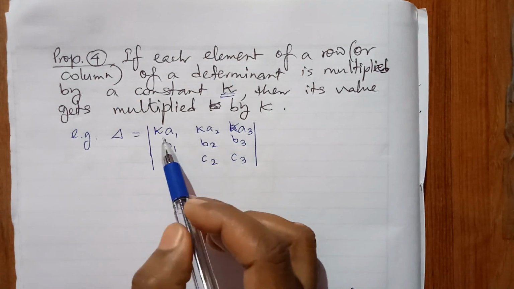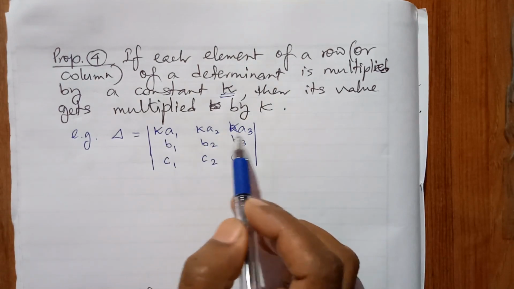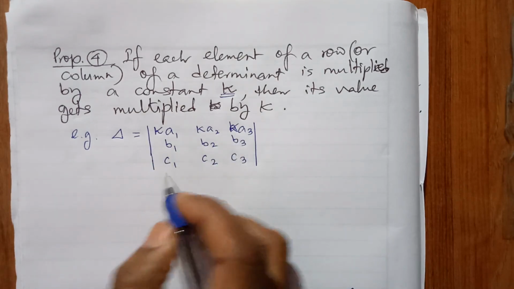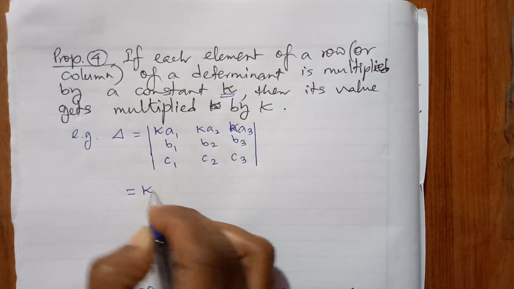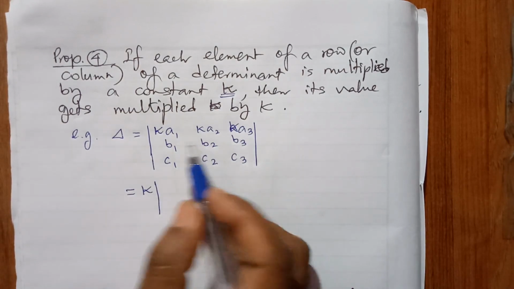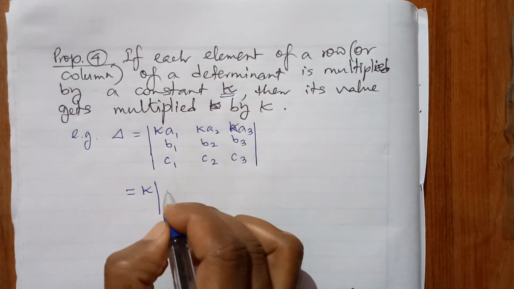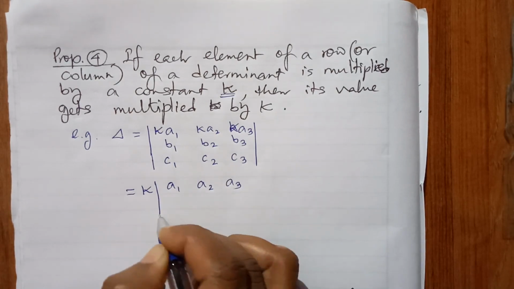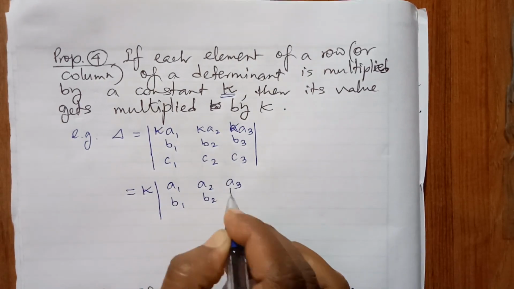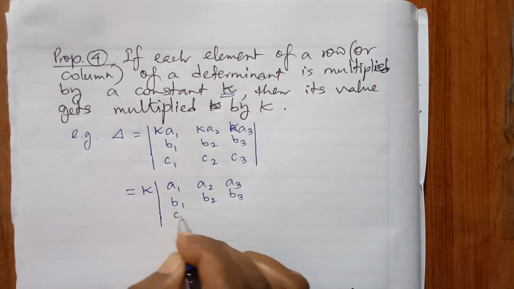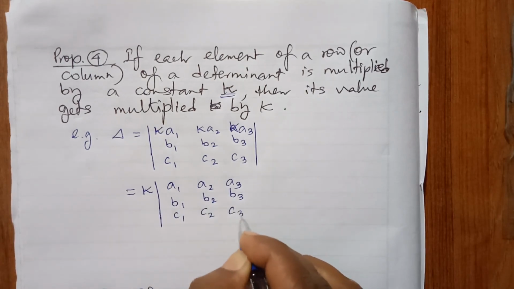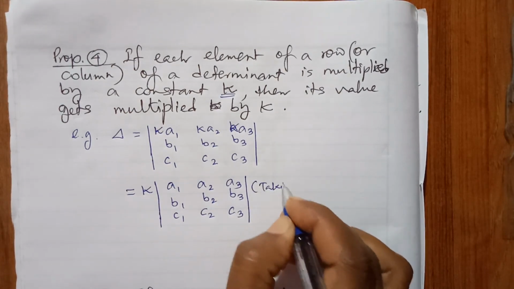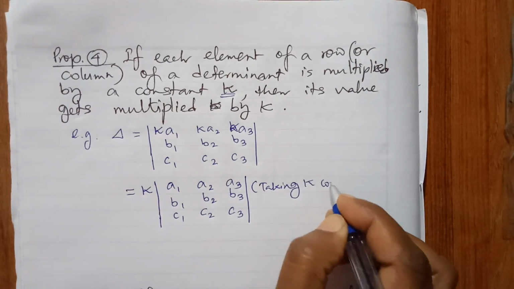So here you see the determinants. First row elements are multiplied by a constant k. Then you can take k as a common factor. So the common factor will come outside. So I am taking the common factor from row 1. So row 1 will be your a1, a2, a3, and b1, b2, b3, and c1, c2, c3. So inside a bracket you write, taking k common